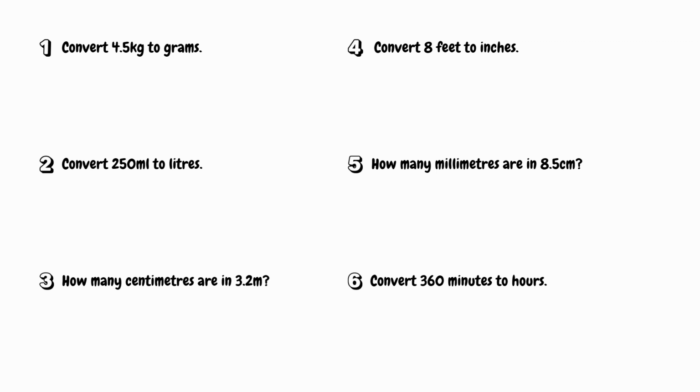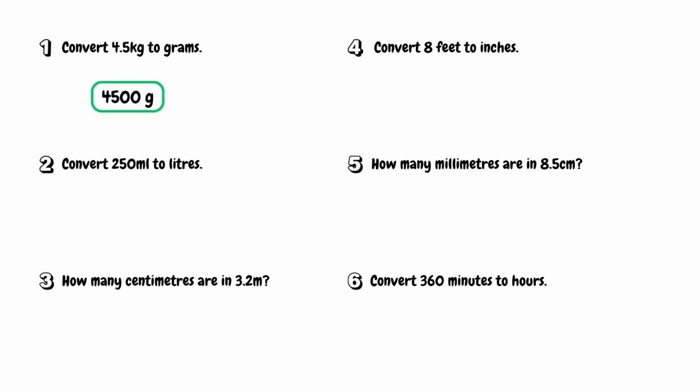So for question 1, we need to convert 4.5 kilograms to grams. What's my unit conversion there between kilograms and grams? Well, 1 kilogram is equal to 1,000 grams. And because I want to convert from kilograms to grams, I'm moving from left to right. That means I'm multiplying by this number on the right. To get from 1 to 1,000, I'm timesing by 1,000. So now looking back at the question, we need to take that 4.5 kilograms and times that by 1,000, and that gives us